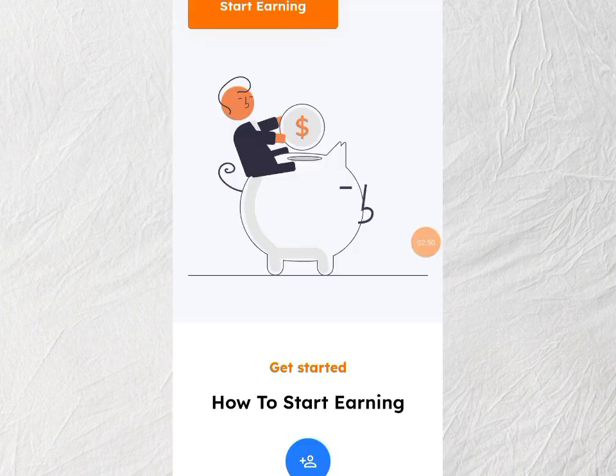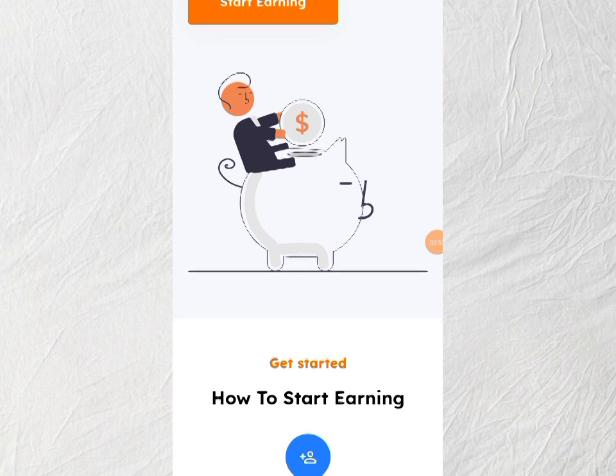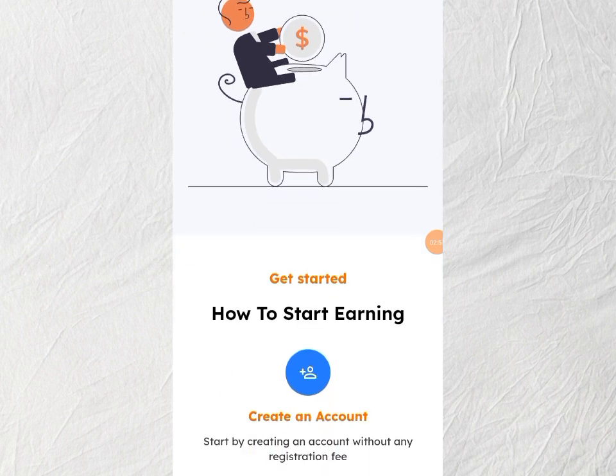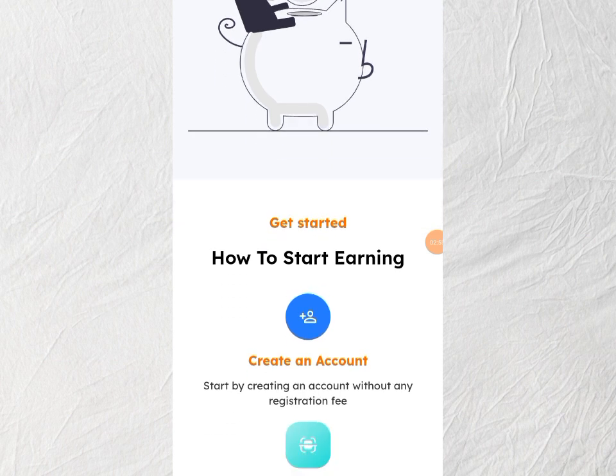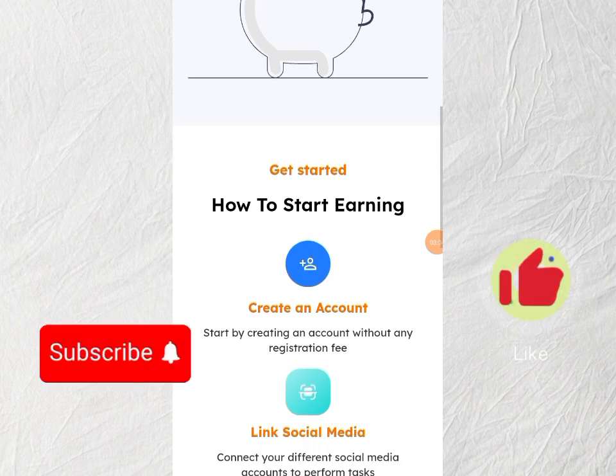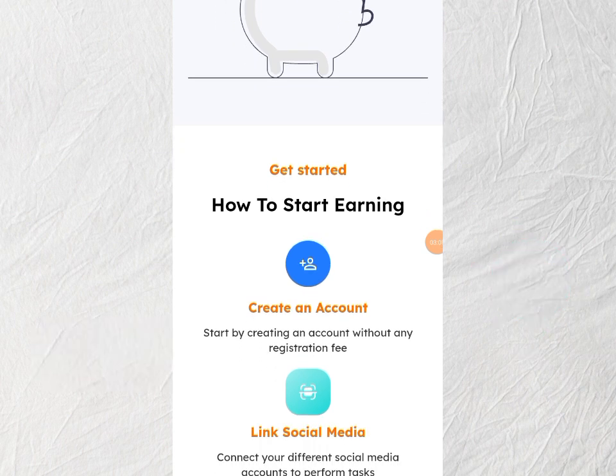So guys, here we are on the platform again, and you have some steps to take to start making money on the platform. The first step here, as you can see on my phone screen right away, is how to start earning on the platform. The number one thing you have to do to start earning on this platform is to create a free account. This website is a free website that you can make use of to earn money for yourself, guys. So the first thing we're going to do here is create an account, which is totally free.